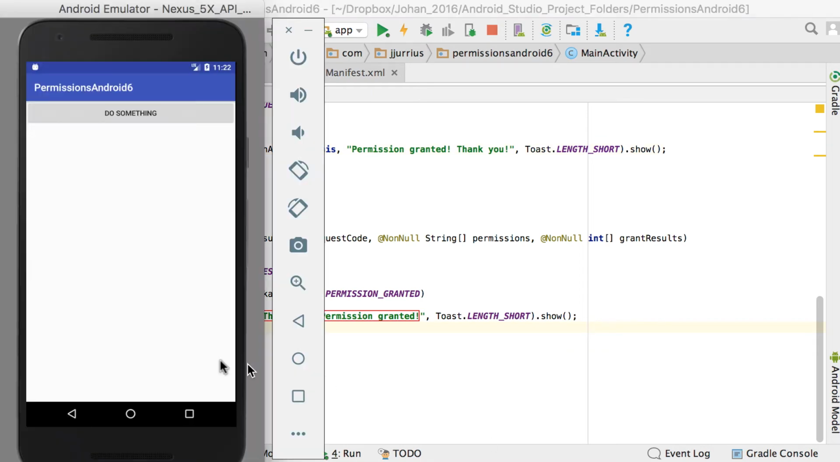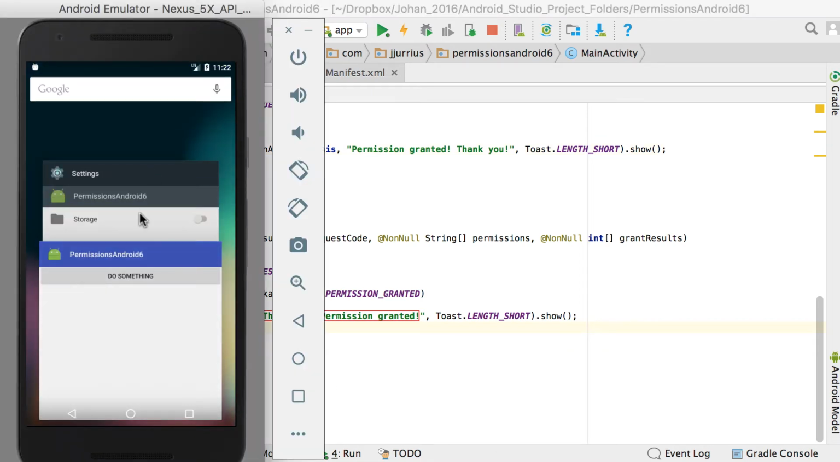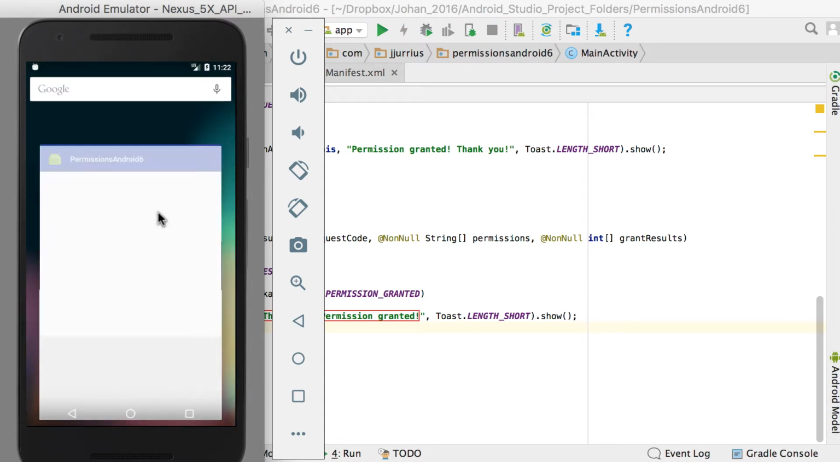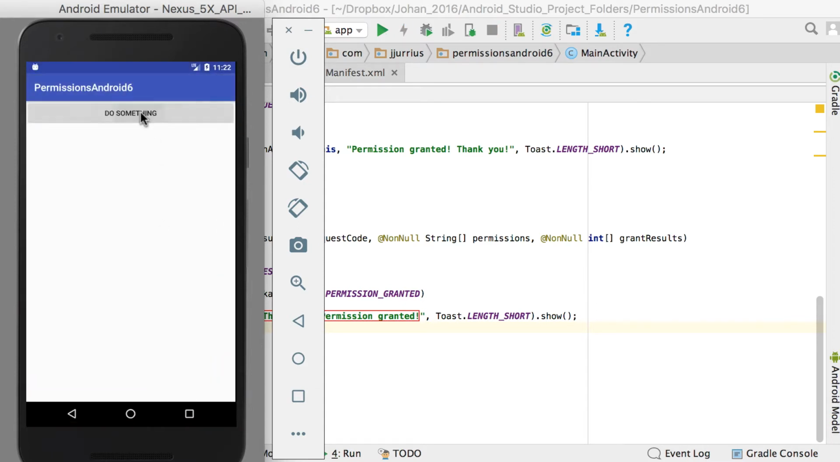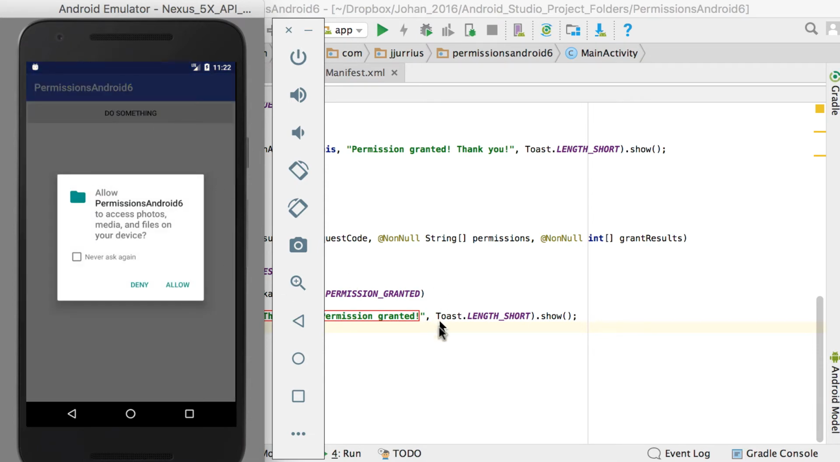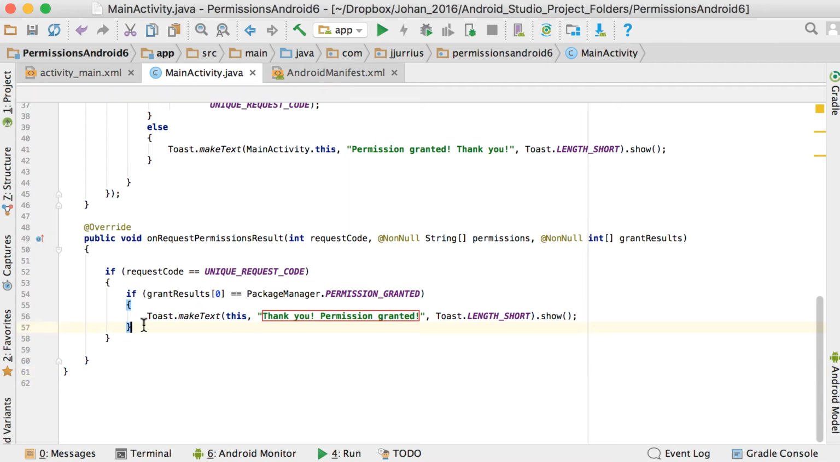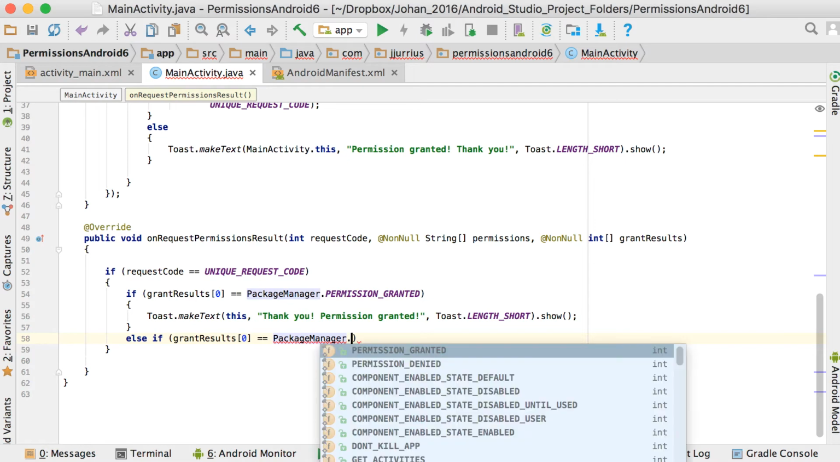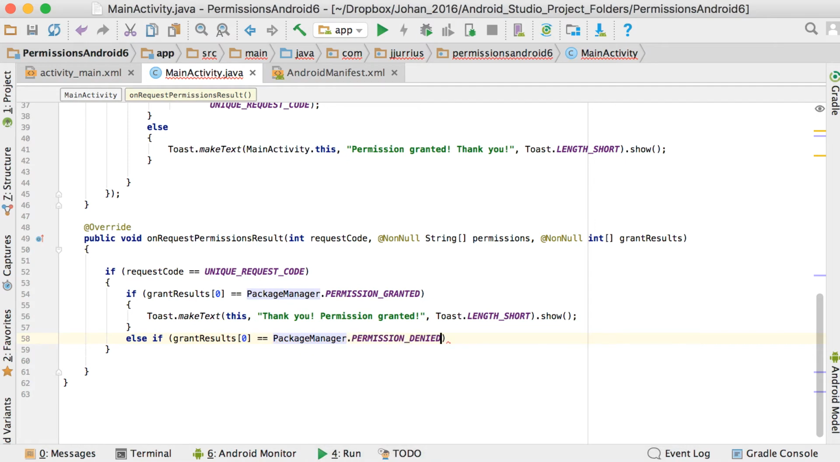Now, let me just go back there and reset that. I'm going to take away that permission again. Right, so if the user clicks on it and it says allow, it goes to this if statement. So let's do the deny part now. So the else if there: if grantResults at position 0 is equal to PackageManager.PERMISSION_DENIED, so if the user denied the permission,